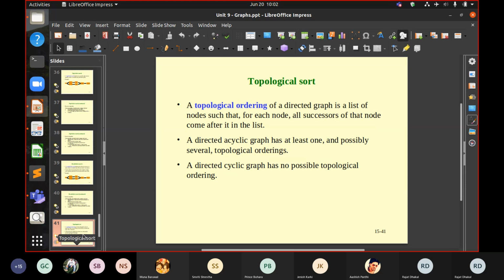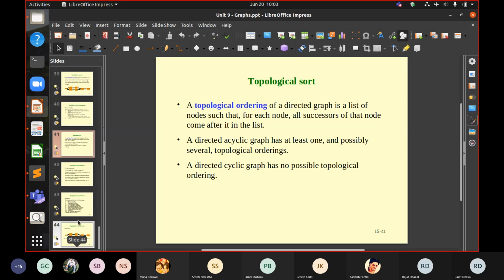Coming to topological sort, and I guess we're almost at the end of this chapter now. A topological sorting order of a directed graph is a list of nodes such that for each node, all successors of that node come after it in the list. A topological sort is only possible for an acyclic directed graph, but not for a cyclic graph, because in a cyclic graph the path repeats, it goes on and on. A directed cyclic graph has no possible topological ordering, but a directed acyclic graph has at least one and